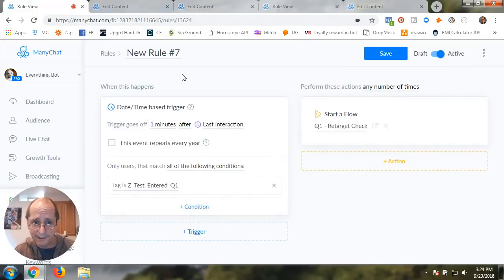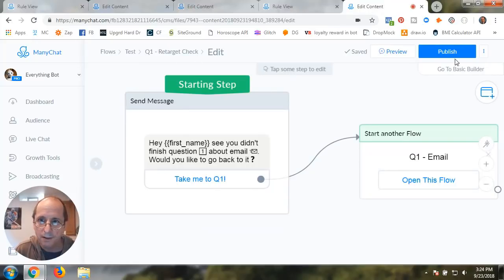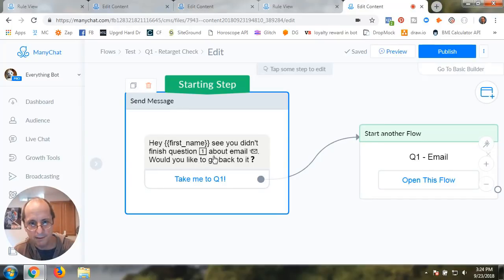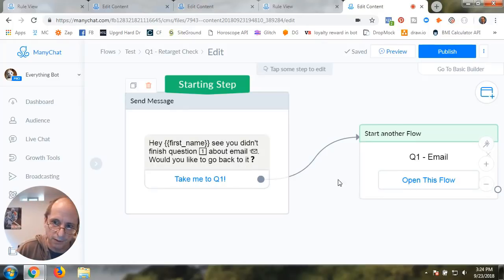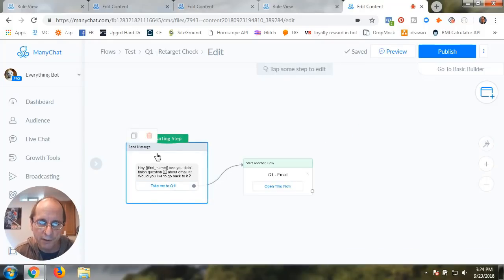It's going to wait a minute, and they're tagged, and it's going to send a retarget, question 1 retarget check, and that's what I called it. And that's this flow where we're going to come back and say, hey, Jeff, see you didn't finish question number 1 about email. Would you like to go back to it? Take me to question 1. And it goes back to email. So there again, this is why we want to break up the questions into individual flows, because we can redirect them back into it. One of the things I'm going to add here